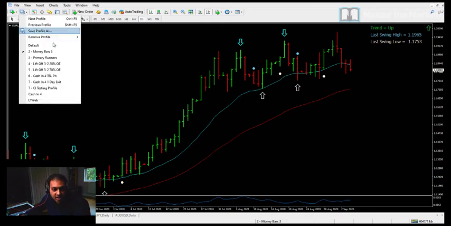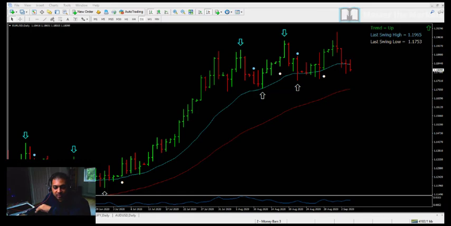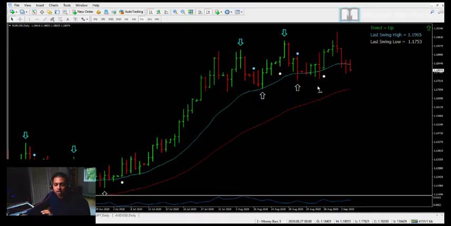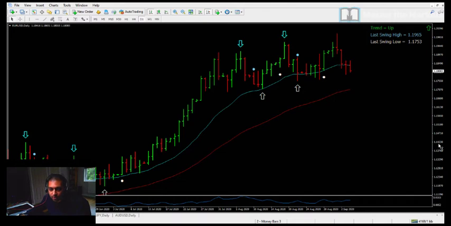The first strategy that we have is the Money Bars 3.0. You can see that all of our profiles have been ordered by the way in which we're running the live trading room. So first of all, you've got the Money Bars 3, then you've got prior runners, lift off, then cash in. That's also reflective of the order of the tabs in the journal, and of the order in which we run the live trading room as well. So everything is nicely tied up, it's nicely congruent. You're going to see some good movement across the markets from there. So that's the idea. Let's press it all forward.